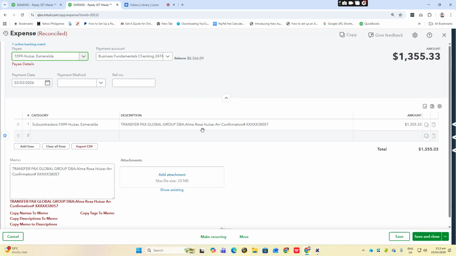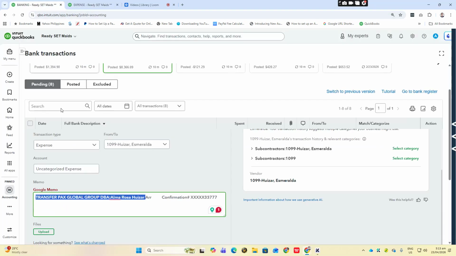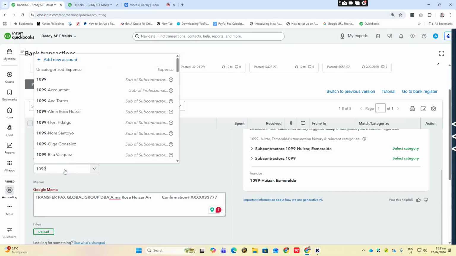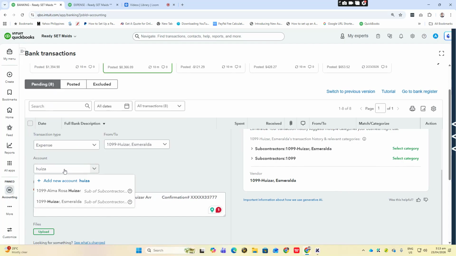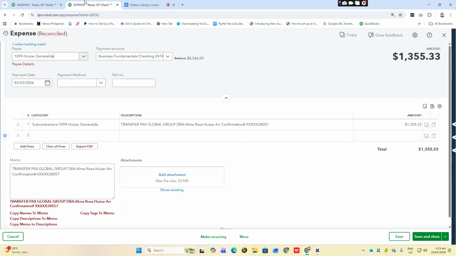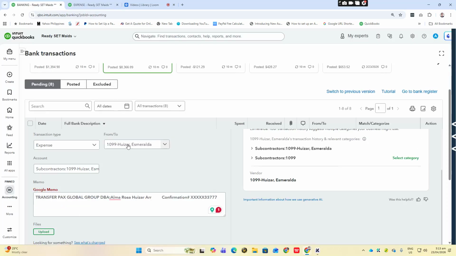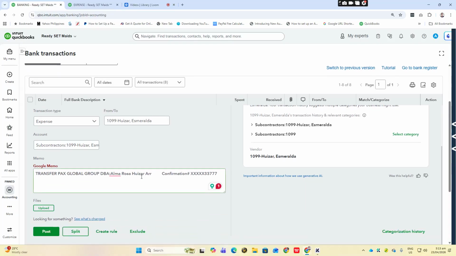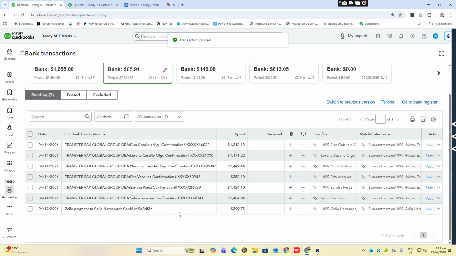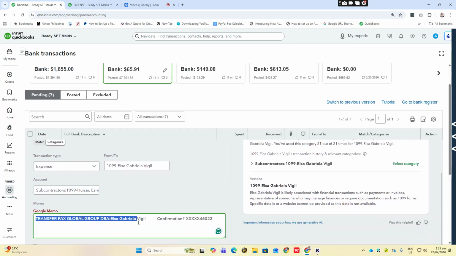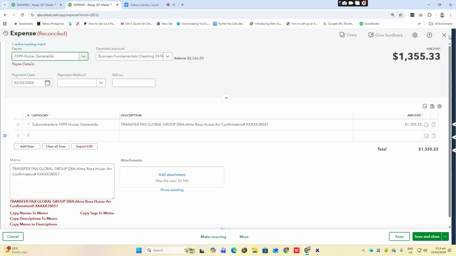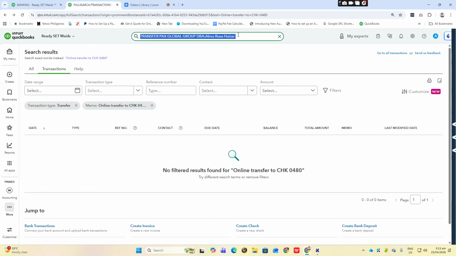So we have here Alma Rosa Rizar under 1099 Rizar Esmeralda. Okay, so post. Then next is this one, San Gabriel Vigil, copy, and then you're going to paste it.